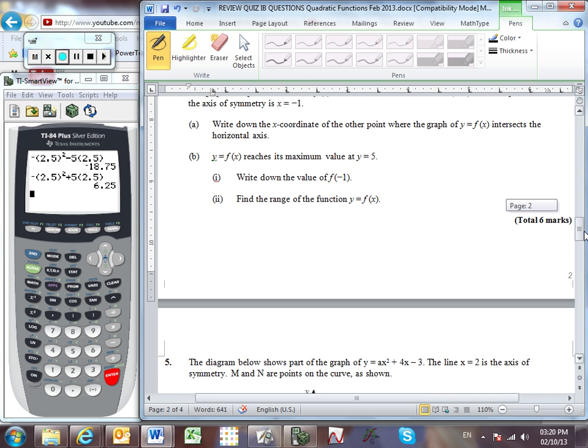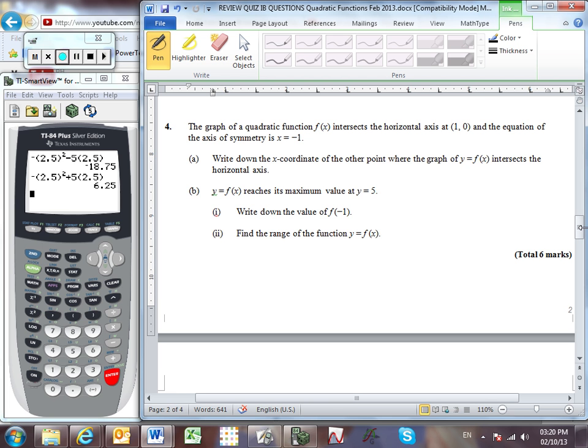Question number 4. The graph of a quadratic function intersects the horizontal axis at (1, 0), and the equation of the axis of symmetry is x equals -1. Now, if your first instinct is not to draw a diagram of the situation here, you need to acquire a better first instinct. That's a lot of words, and it will really help us to see a picture of what's